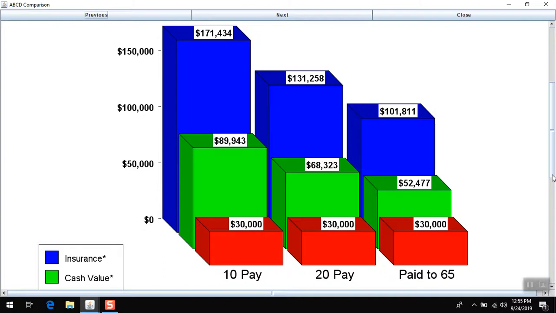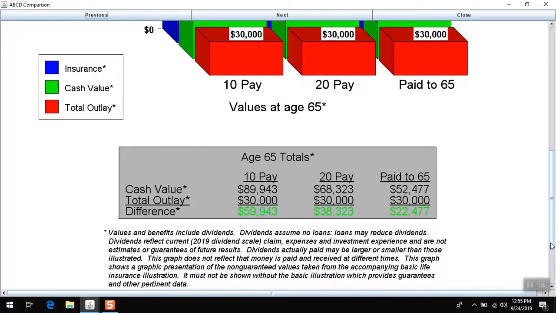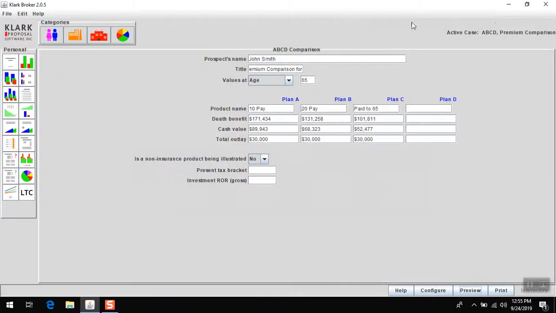Now there's a different way you can illustrate this, but before I do that, we'll just go down to the gray box. And again, that gray box shows the difference in the different premium modes and the difference between the outlay and the cash value. And you can see that 10 pay gives you a heck of a lot more value than paying it out to 65. So let's close this,